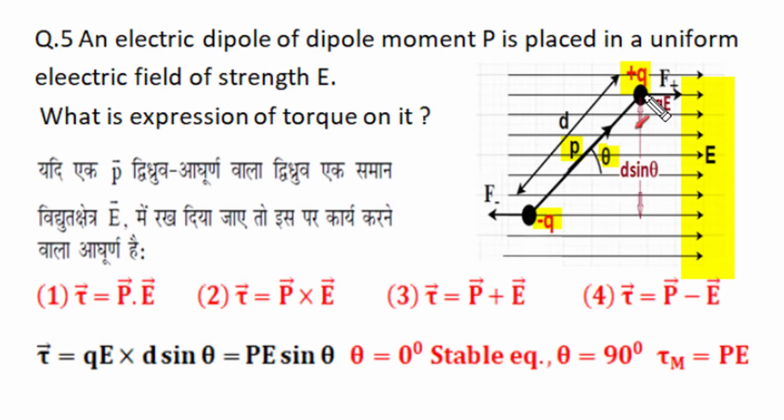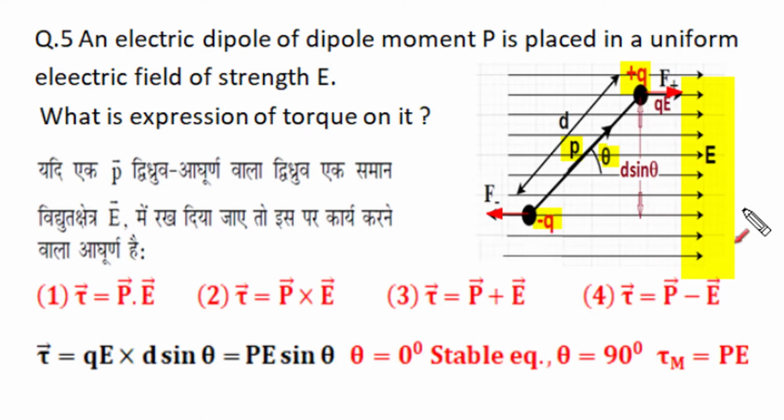Here the positive Q charge will have a force in the direction of the electric field, QE, and the negative Q charge has an equal and opposite QE force. These two forces of equal magnitude and opposite direction, but not acting on the same line, form a force couple, and that couple will try to rotate this dipole. The rotating torque exerted on the dipole by the uniform electric field force couple is given as the product of force multiplied by the normal perpendicular distance,